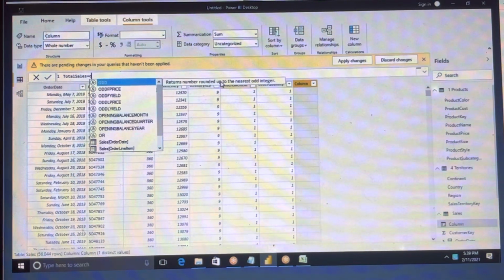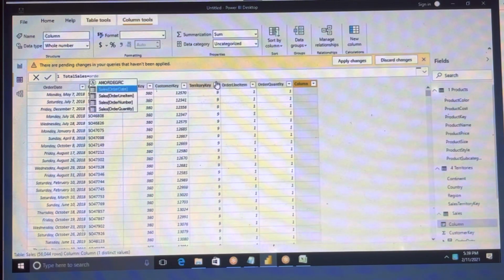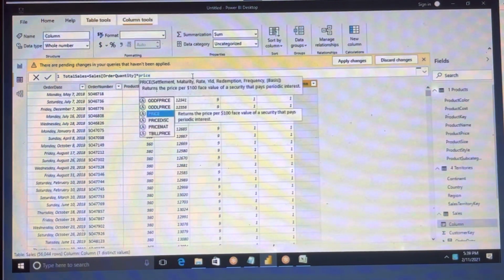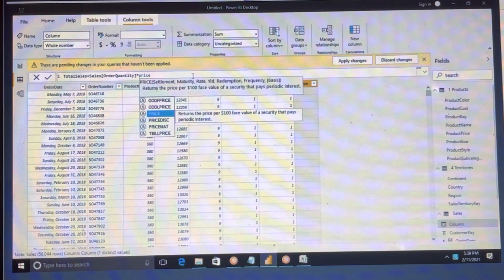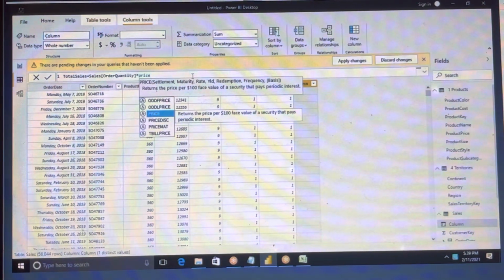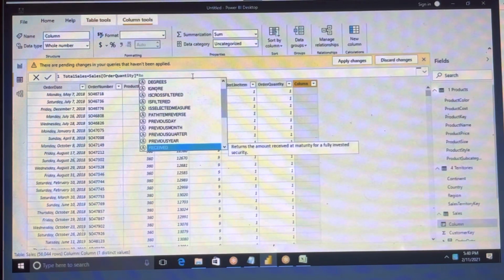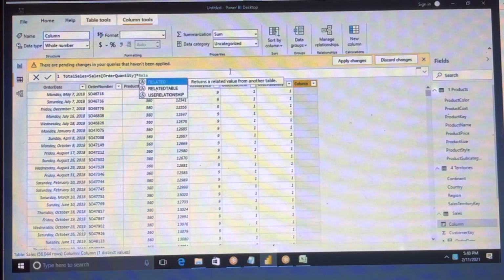Where is the order quantity? Here we have the order quantity. Now multiply by another table's column. The column name is price, right? You cannot see that column name, right? Because that price column is in some other table. So what we have to do is use a DAX function called RELATED.